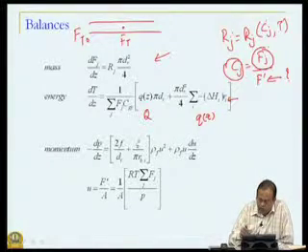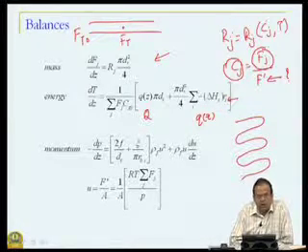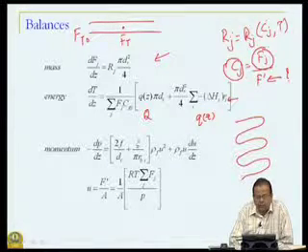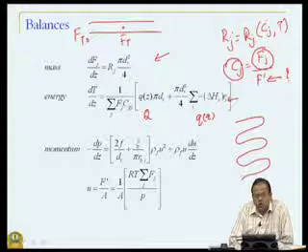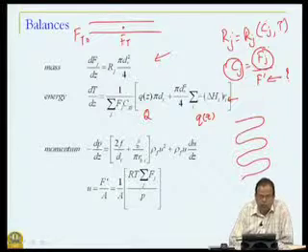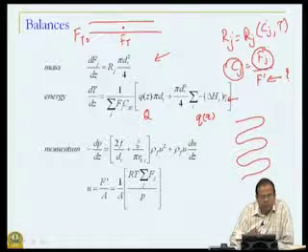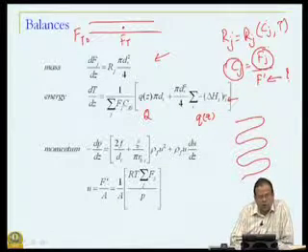Now, if you remember the configuration that we talked about, this is actually a reactor tube, a tubular reactor with lot of bends and a long length of reactor. Okay. So, in this you can easily expect that there will be some pressure drop, and that is the reason we have to account for this pressure drop. Now, why do we have to account for this pressure drop? It will become clear in just a minute. So, what we have is the momentum balance which accounts for this pressure drop.